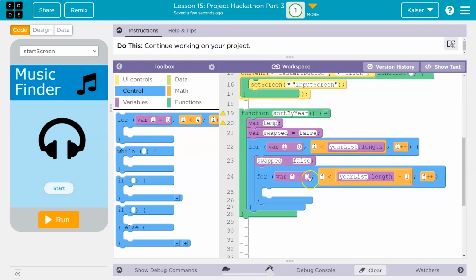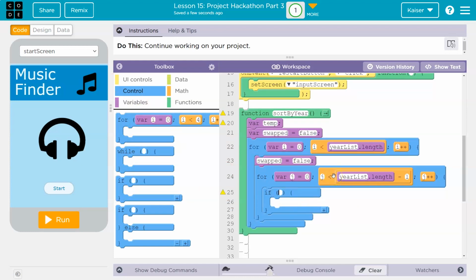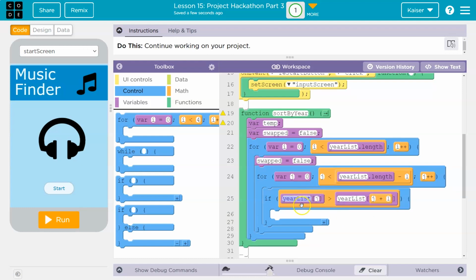Okay, now let me show you what would be inside of it. First, like I said, we will need a condition. So we're going to need an if. If, and I know this looks complicated, hang on though. If yearList[J] is greater than yearList[J+1]. So I guess I'll actually sort least to greatest to start. So if yearList[J] is greater than yearList[J+1], I'm going to go ahead and swap